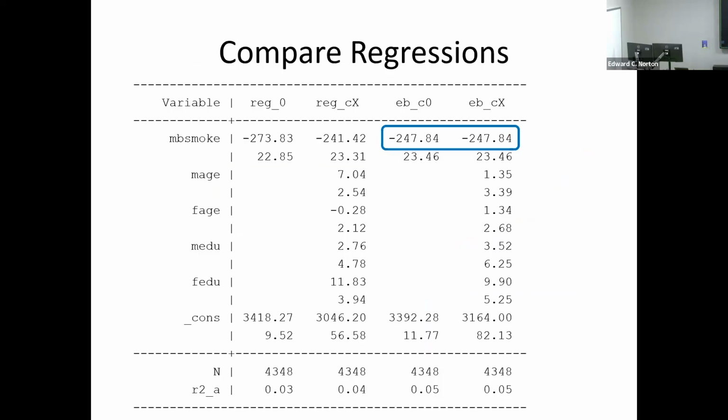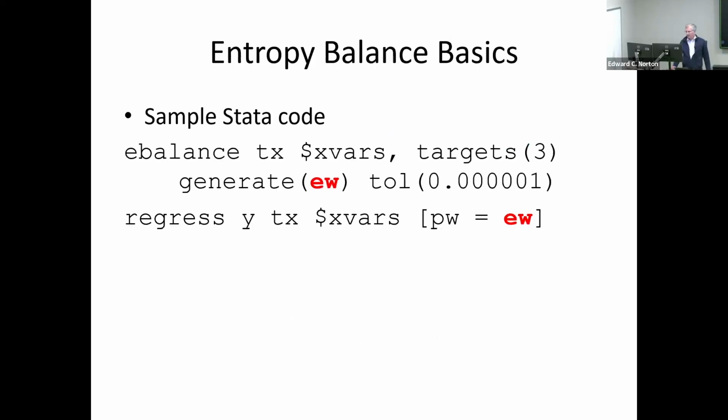These variables aren't actually doing much here, so the standard errors don't really change. But in principle, if you add variables that explain a lot, then the R squared will go up and this standard error will go down. Okay,